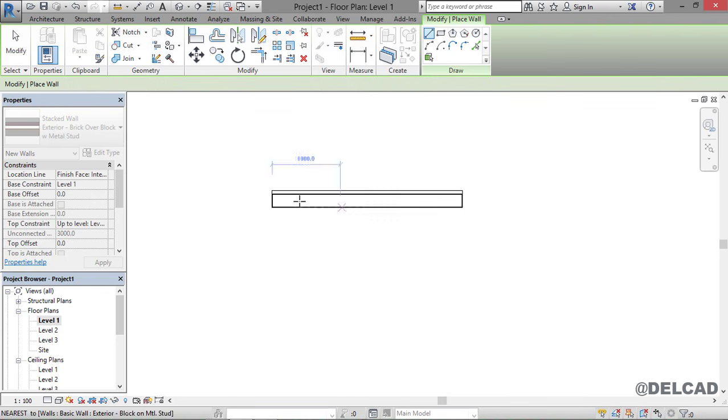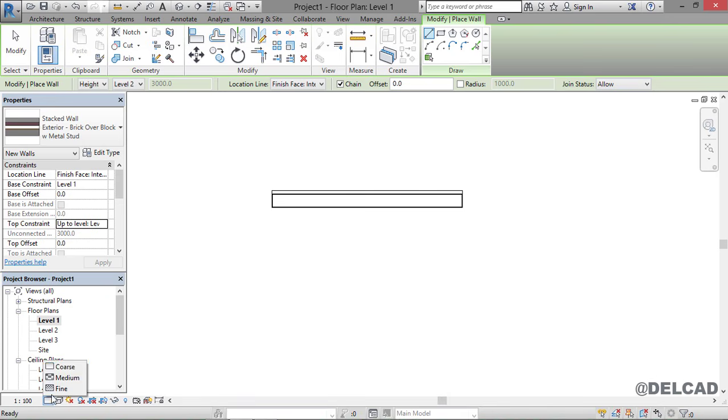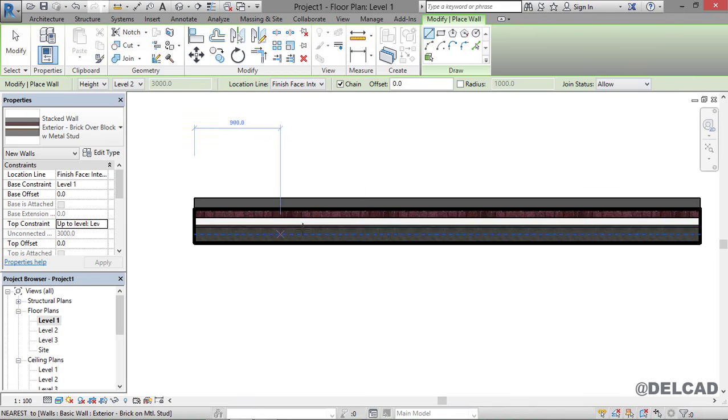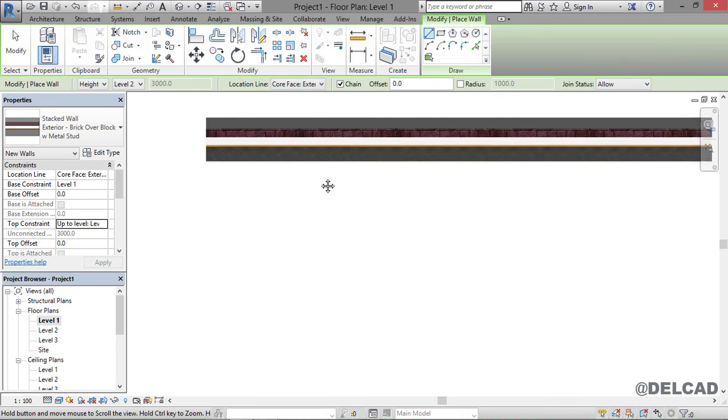Now to understand this very well, we're going to change the visual display from what we have as coarse to at least fine, and we're going to change this also to a realistic view. So if I zoom, you can see that this is a composite wall having the core wall itself and the finished face. So again, let's go ahead and change the location line from core exterior, and then let's start a